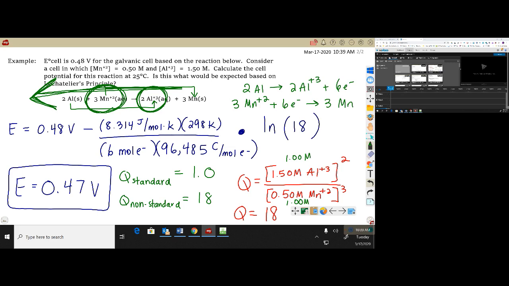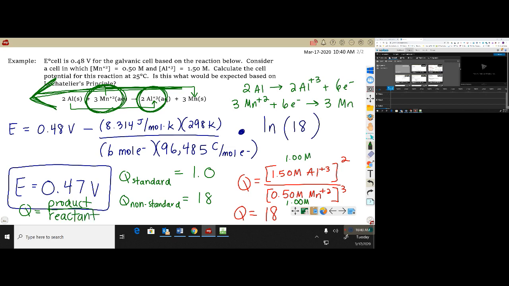Now, if I compare Q standard to Q non-standard, when the non-standard is too big, it reminds me of the Q versus K thing. Oh my gosh, I'm running out of space. But if we're always thinking about Q as a ratio of product over reactant,